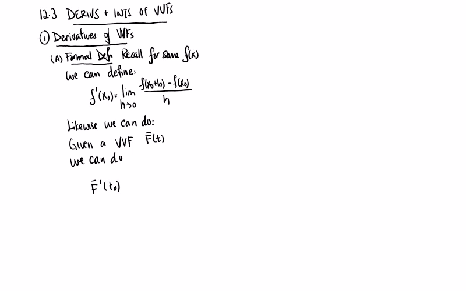So F bar prime of t0 is the limit as h goes to 0. The numerator will be F of t0 plus h minus capital F of t0 over h. So notice